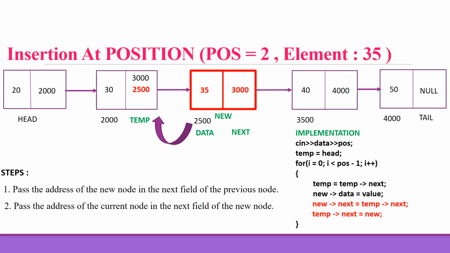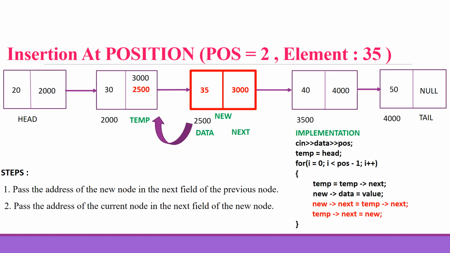Insertion of a new node at a particular position. In this case, we don't disturb the head and tail nodes. Rather, a new node is inserted between two consecutive nodes. So these two nodes should be accessible by our code. We call one node current and the other previous, and the new node is placed in between them. Now the new node can be inserted between the previous and current node by just performing two steps.